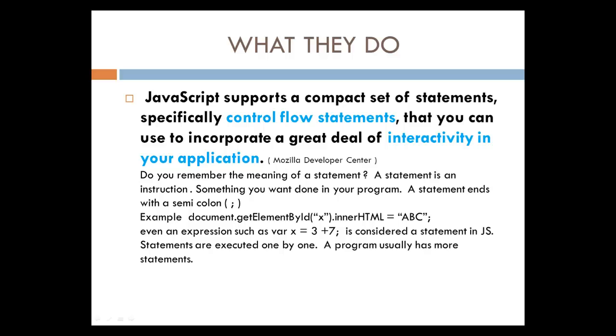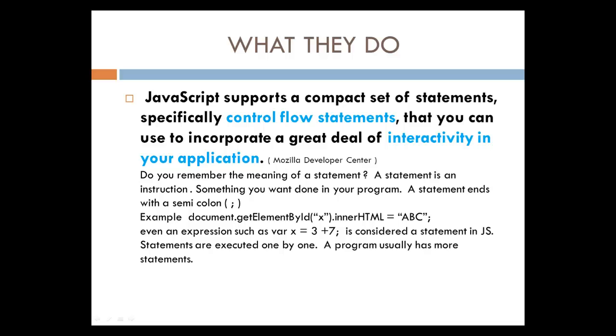So here's an example of a statement. document.getElementById("x"). Suppose you have an element on your HTML document with an ID x. You may simply talk to that element by creating this reference to the element, which is document.getElementById("x"). And if you want to set some content or value in that particular container or HTML object, you may simply use the innerHTML property that we discussed in one of the previous videos and simply say .innerHTML, and you assign the content or value ABC. So from here, document.getElementById("x").innerHTML = "ABC";